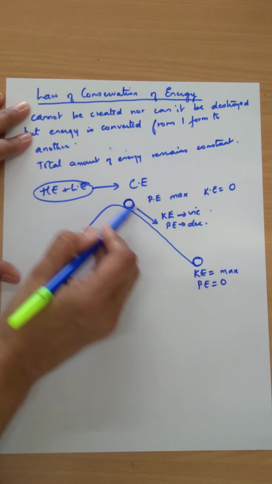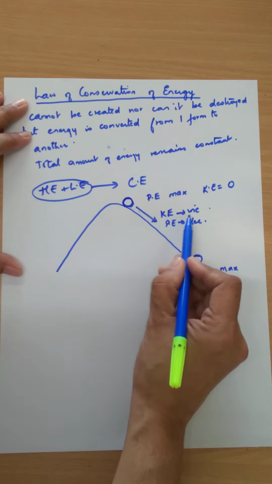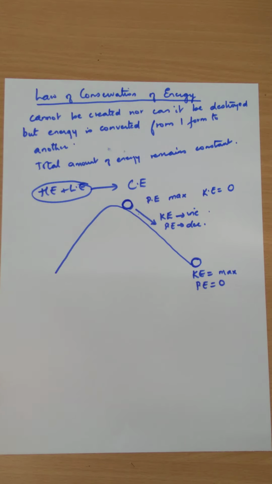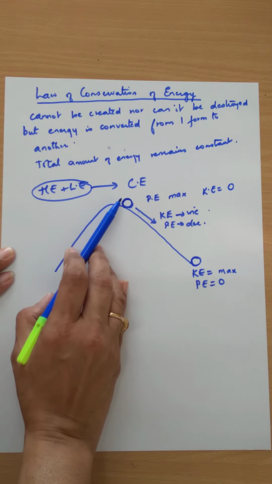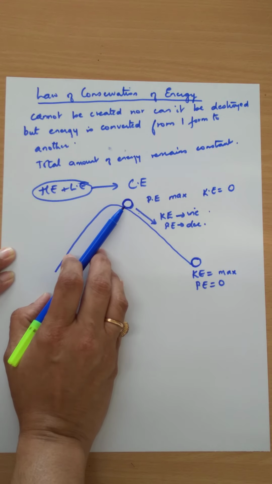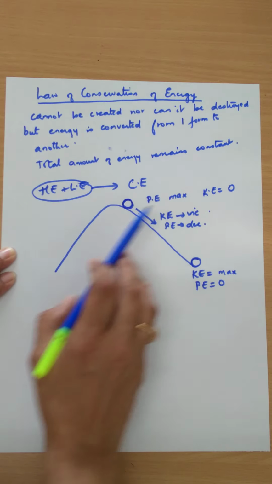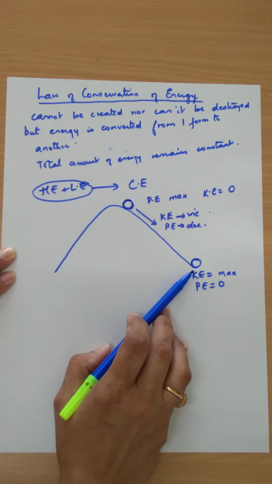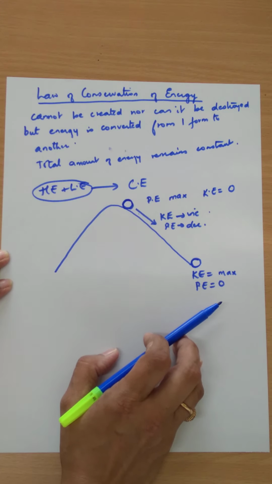Okay? So as an object is coming down, its kinetic energy is going on increasing because its speed is going on increasing, and its potential energy is decreasing, its height is going on decreasing. Is that clear? At this point, it has maximum potential energy and kinetic energy is 0. And at this lowest point, its kinetic energy is maximum when it just touches here, and its potential energy is 0. Is that clear to all of you?